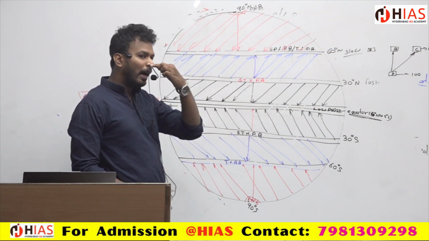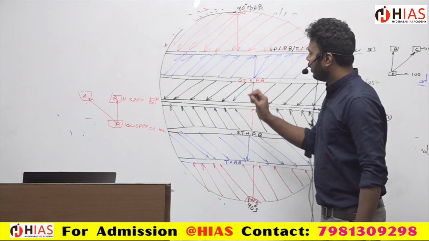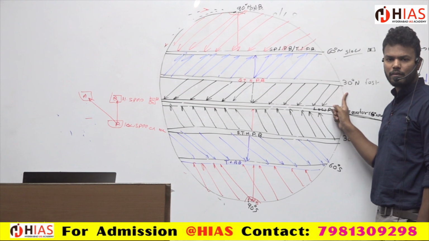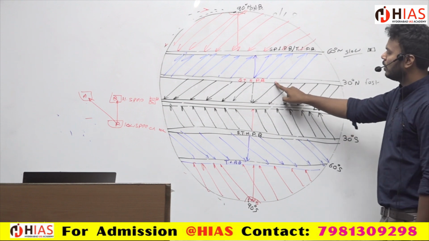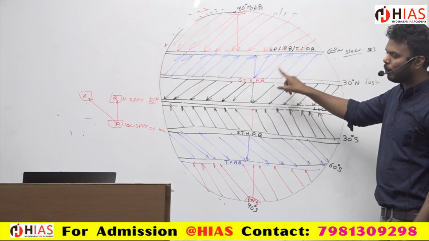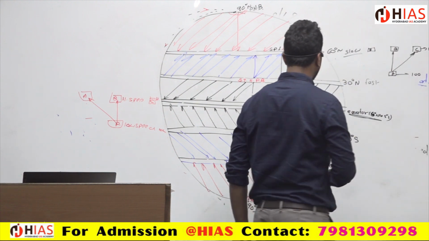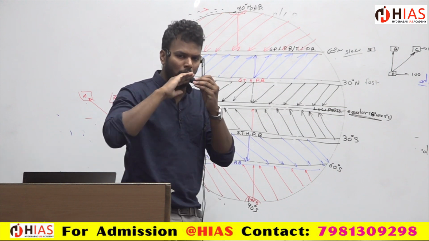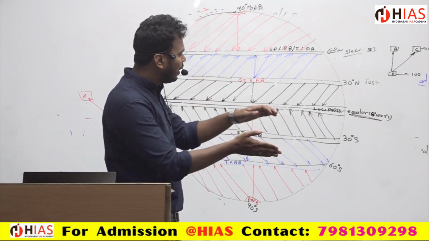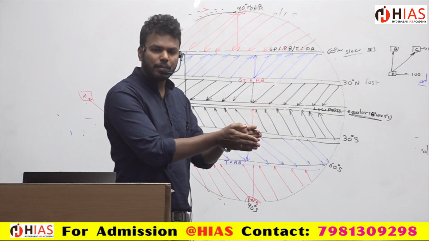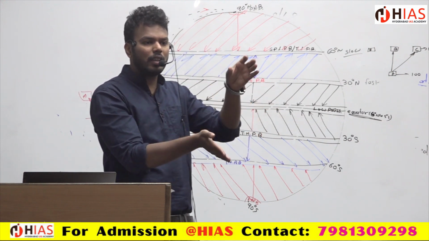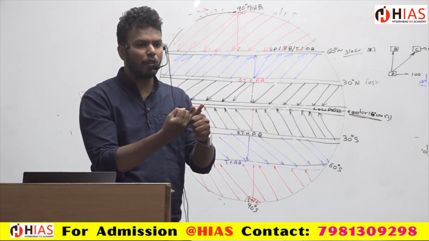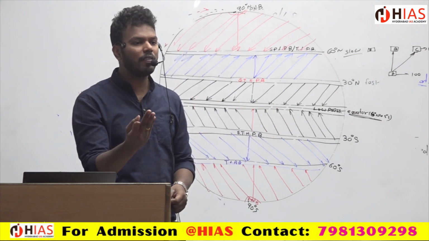Yes, and see, this is very important. Why have I imagined the subtropical high pressure belt at this point, 30 degrees north? For suppose, imagine, why did I imagine this low pressure at the equator? Because of the temperature. But when the sunlight is falling, the sun is changing. Yes or no? The sun will be overhead at the Tropic of Cancer. The sun will be overhead at the Tropic of Capricorn. The sun will be overhead at the equator twice over.